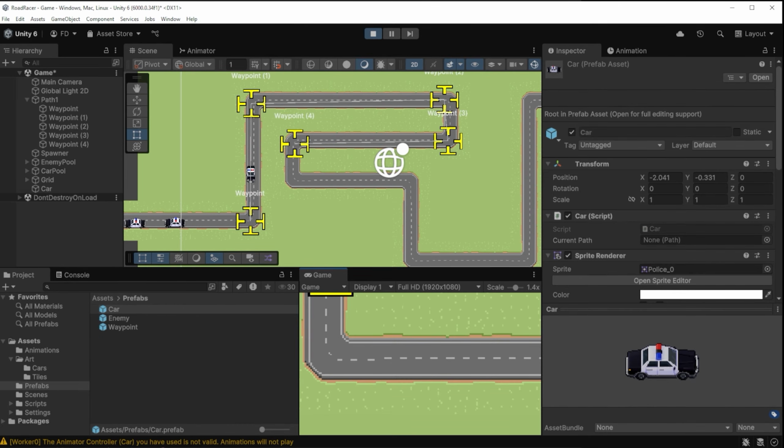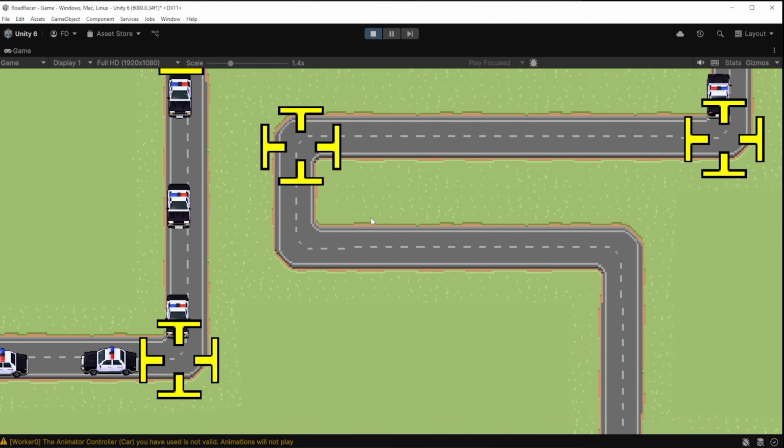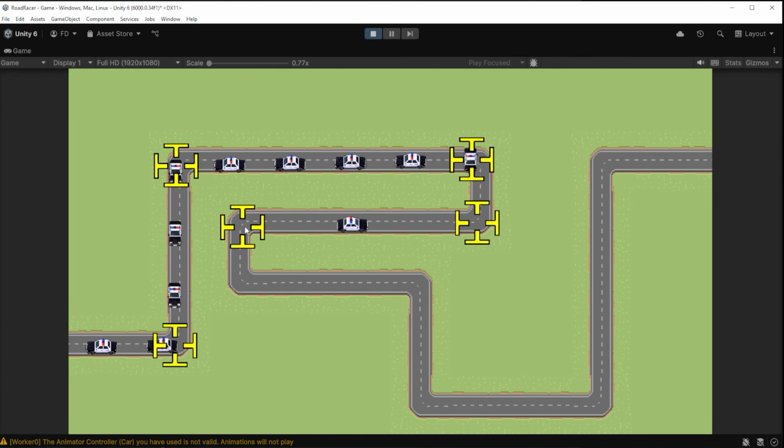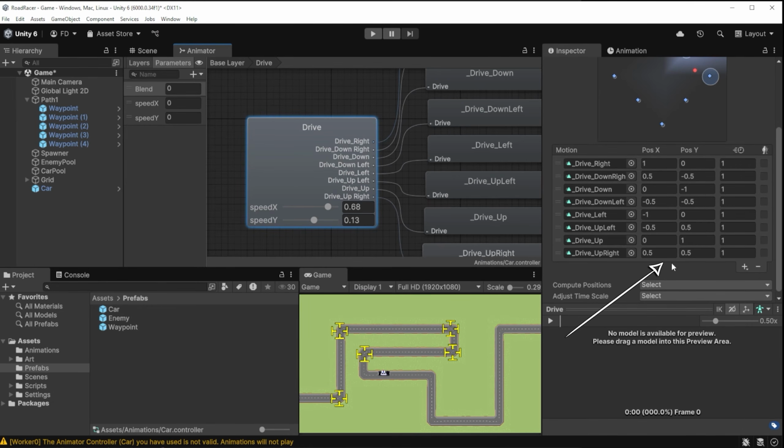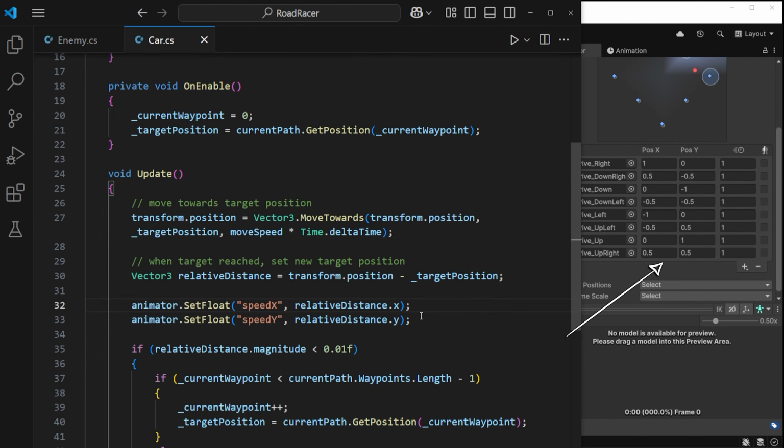The car is turning. We are rotating it based on the relative distance, based on where the car is in relation to the waypoint it's trying to move towards. We got it almost right, it's just flipped in the opposite direction. I could fix that by flipping these values from positive to negative. I could also adjust the relative distance calculation, but to keep this as simple as possible, I'll simply flip it here. Multiply this and this by -1, which means if it's positive, it will be negative, and if it's negative,